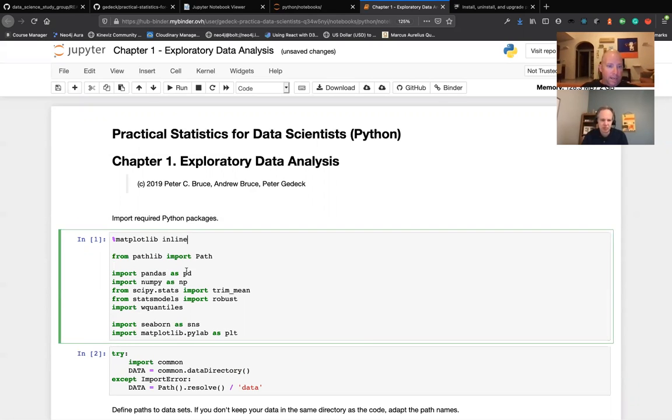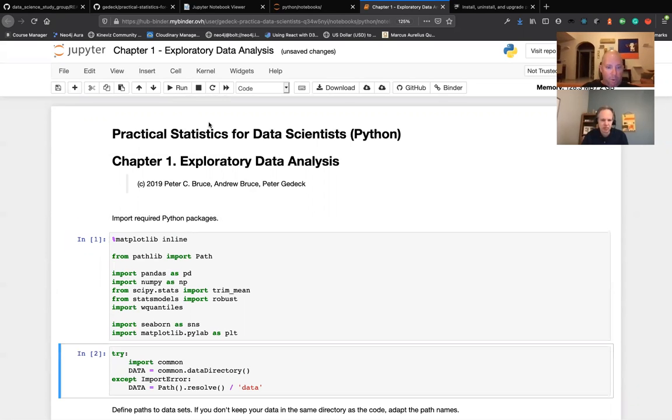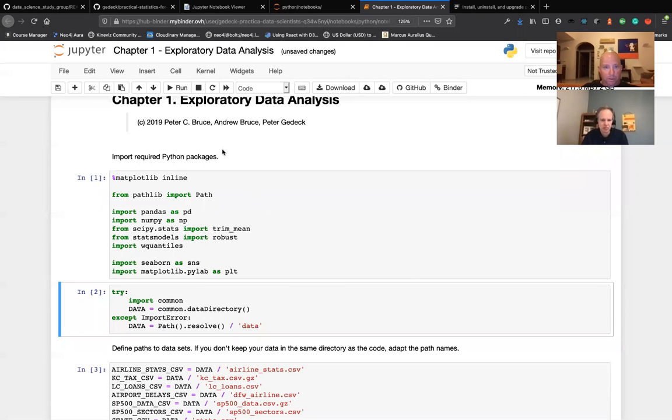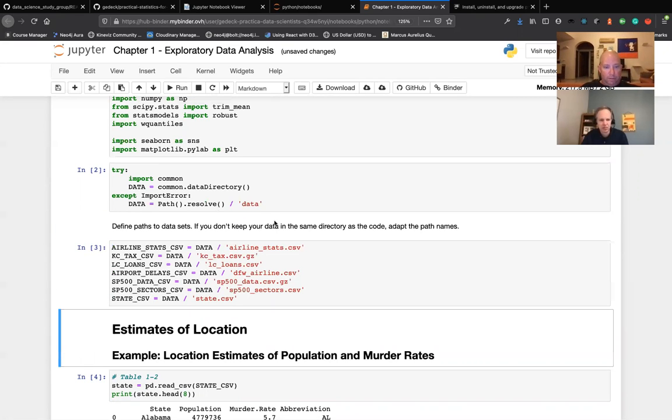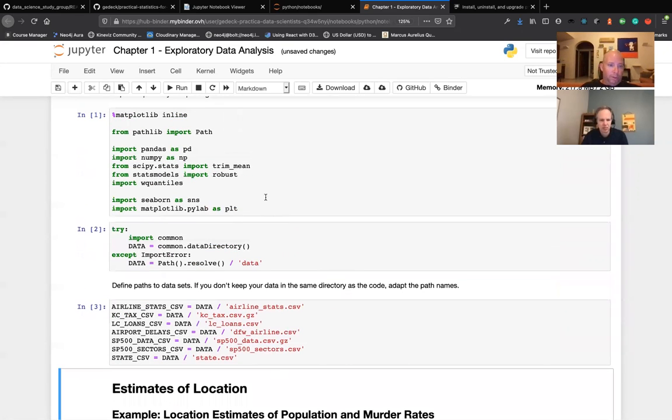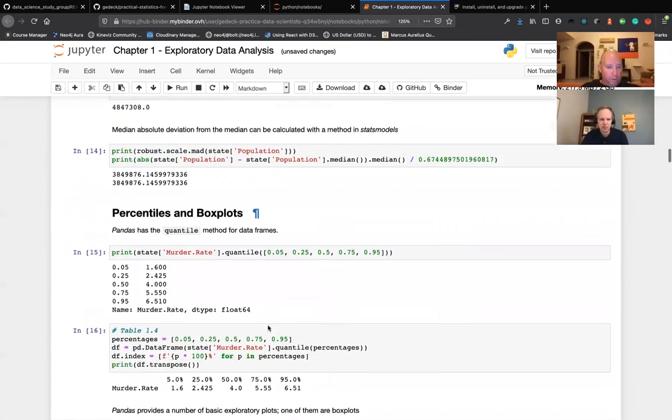So I can go ahead and run the first frame, which is highlighted, and import our stuff. We also want our data from our data directory, so I'll run that as well. Then again, we're defining paths for things, so I can run that. In a perfect world, that means I should have access to all of the data and all of the CSVs that we're looking at. I should just be able to go ahead